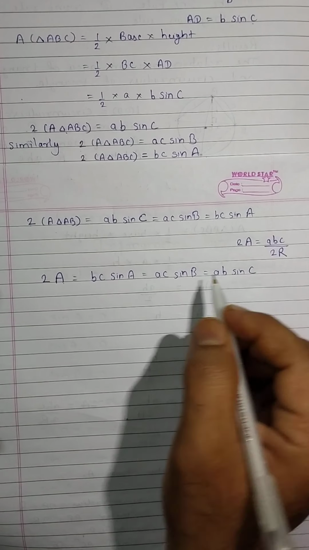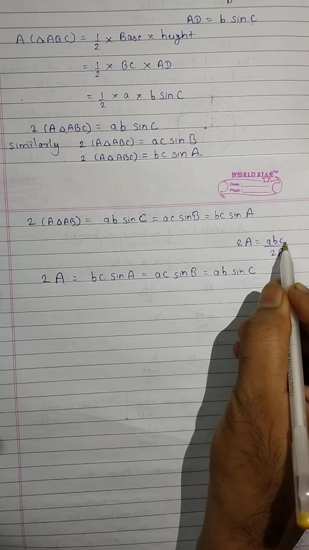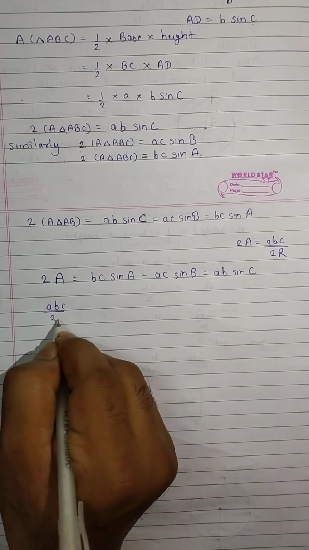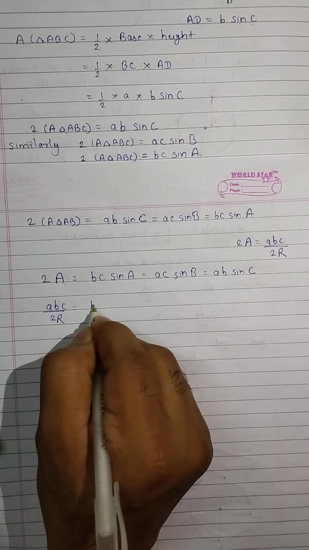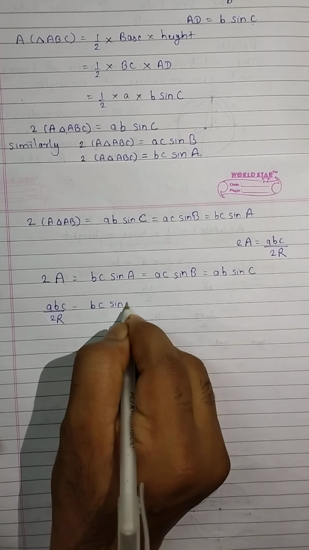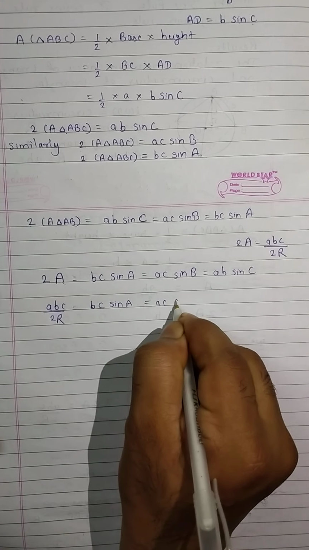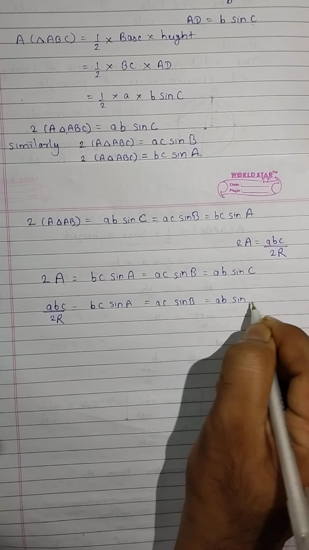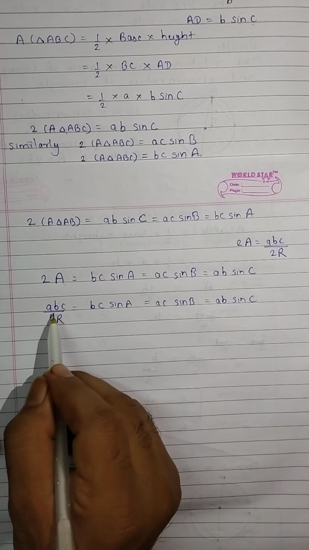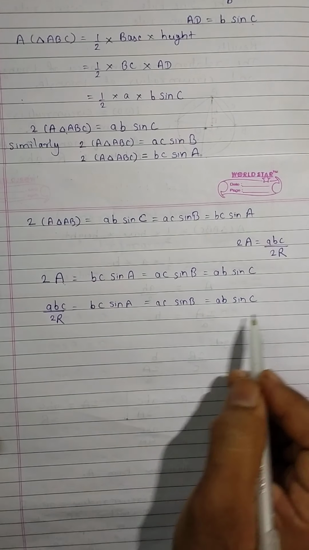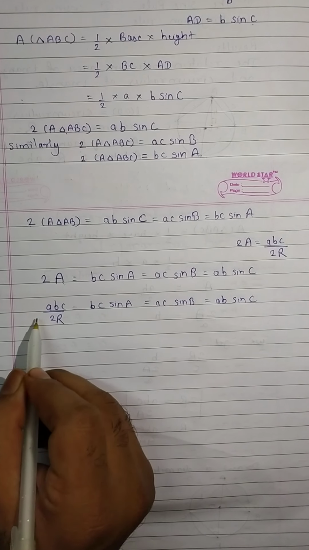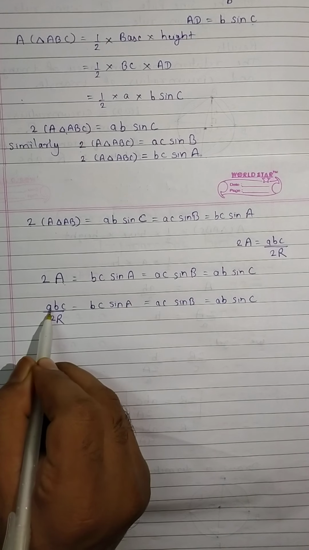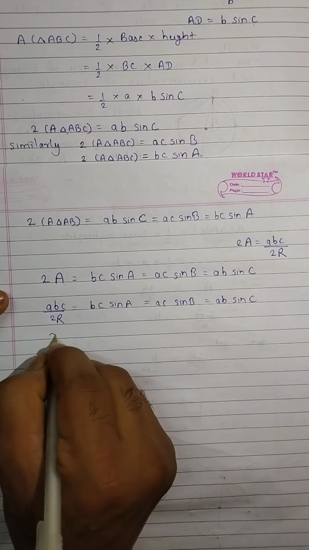Now we will replace this 2a with abc upon 2r. So abc upon 2r is equal to bc sine A is equal to ac sine B is equal to ab sine C. Now we will divide the whole ratio by a into b into c. When we divide, that means we multiply by 1 upon abc, and with this we get